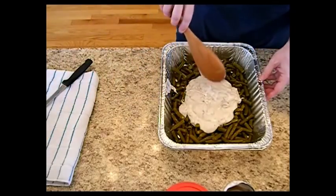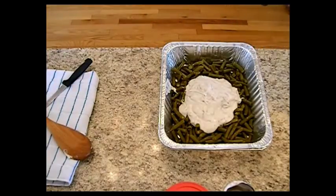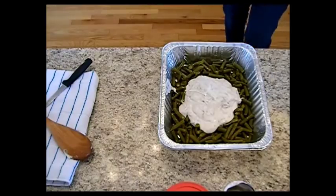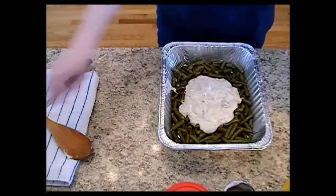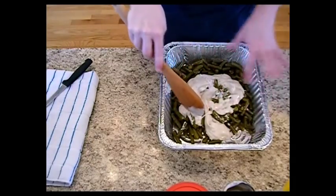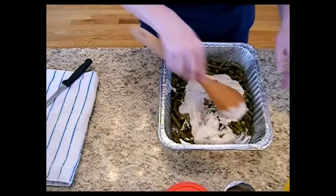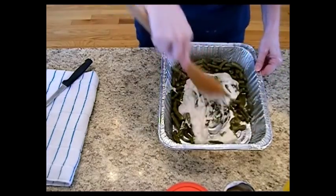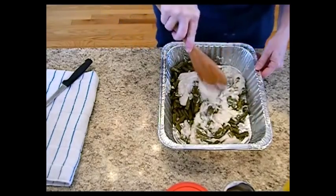All right, now let's see if I have some spray here. Ooh, I do. I didn't think I did. Just real quick, let me hit the edge just like that, just in case. Not that it matters if it sticks, but why waste stuff? If I was making gratin potatoes, the stuff on the side that sticks, yum. Anything with cheese on it, I like it when it sticks to the side. I like that hard cheese, but